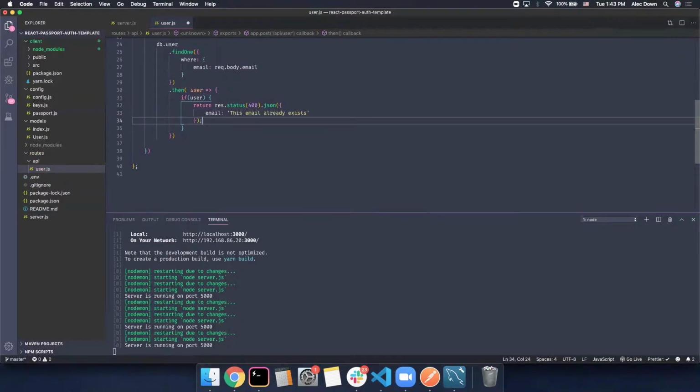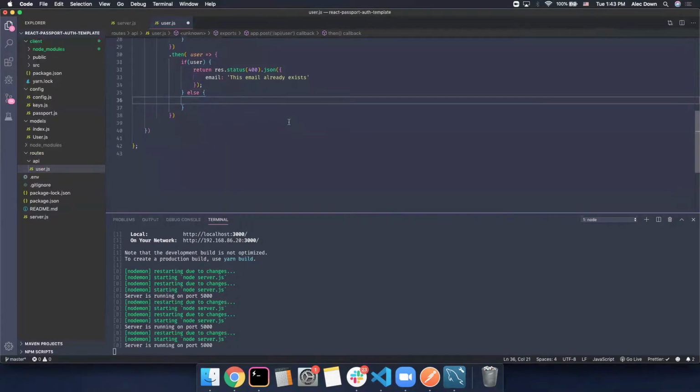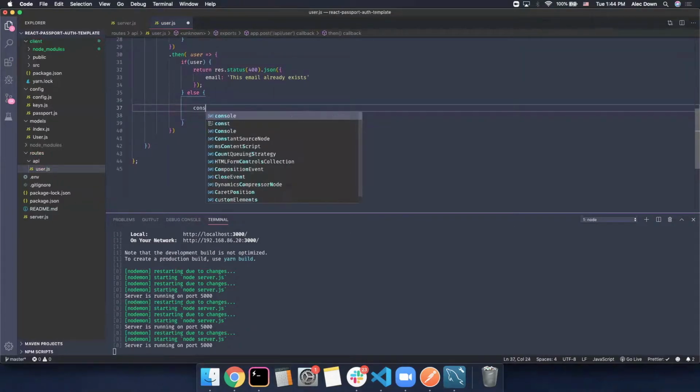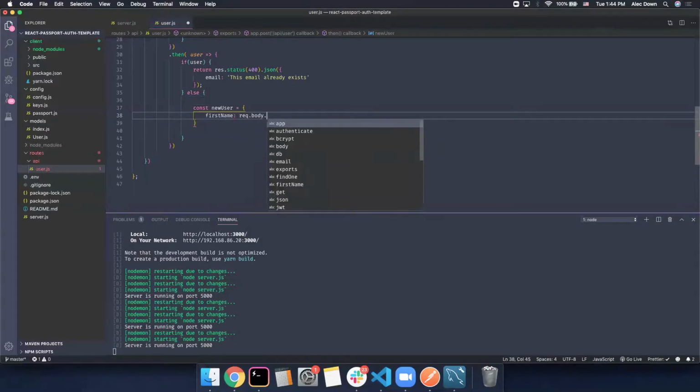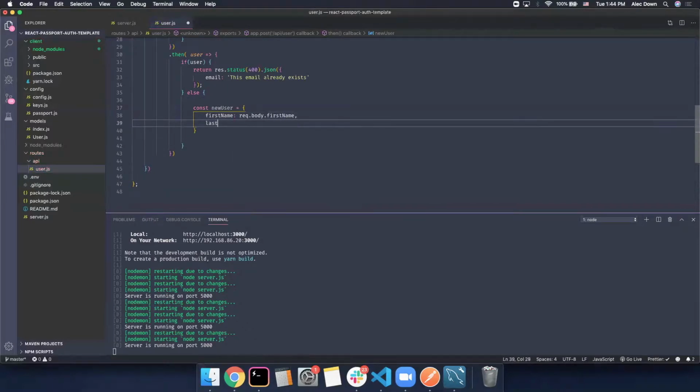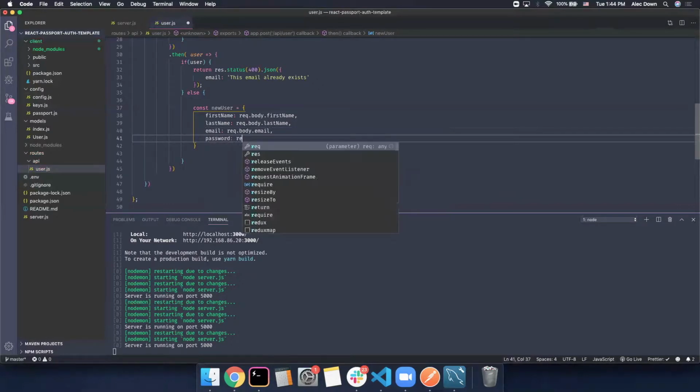Semicolon there. Okay, and then we're going to have an else. So if the user exists, great, send it back and say, hey, this email already exists, you can't sign up. Otherwise, we want to create a new user. So we're going to create a new user object, we're going to call const newUser equals. The first name is going to be req.body.firstname. Last name is going to be req.body.lastname. And these are all just the things that we put in our user model. We're going to have an email, which is req.body.email, and a password, which is